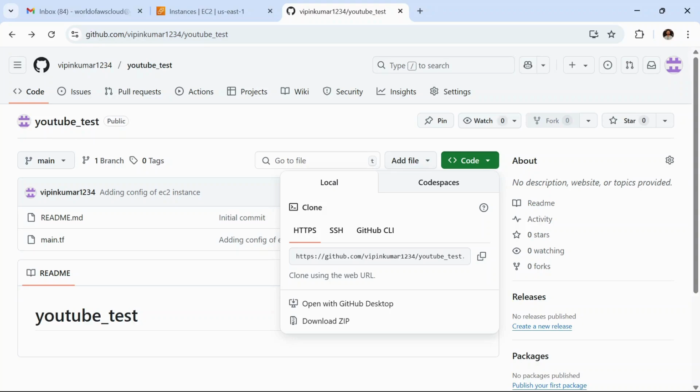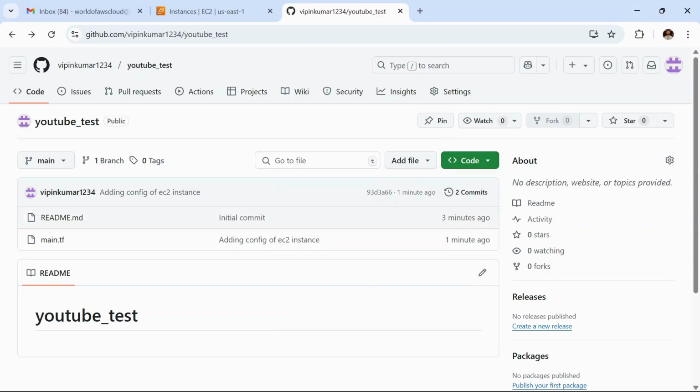This is how team collaboration works with Git and GitHub, which we use in Terraform to work with team members, and that is called team collaboration.